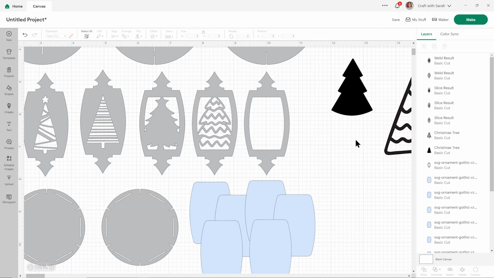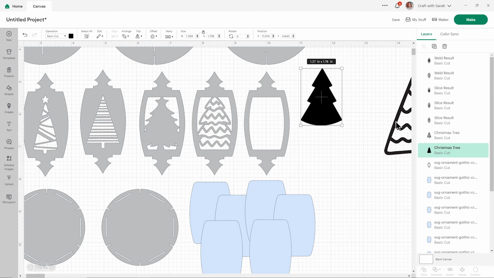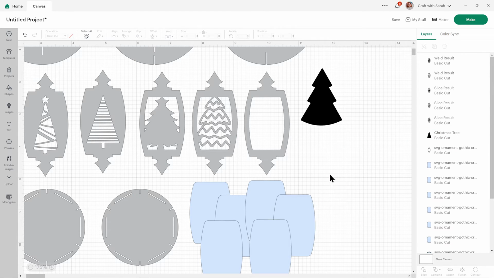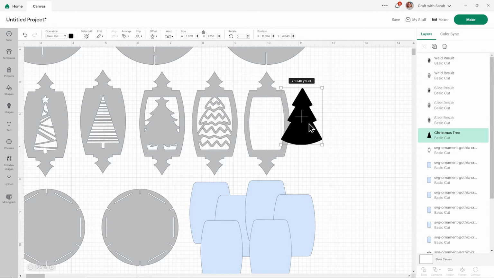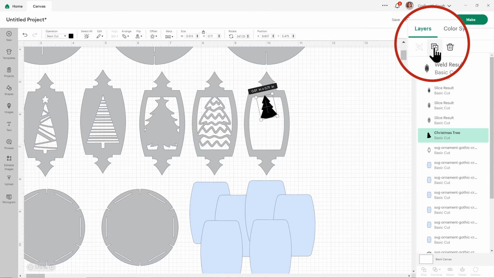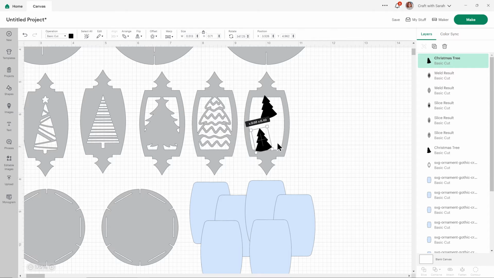Only one left to go. This time I'm going to change things up a bit. I'm not going to use that tree, so I'll just delete it. And I'll show you how you can combine multiple images within one panel. I've got this tree, nice and simple, so I can make it small. And we'll add lots of them in here. So I'll duplicate. Let's try a few different sizes. Just doing different sizes, different sort of